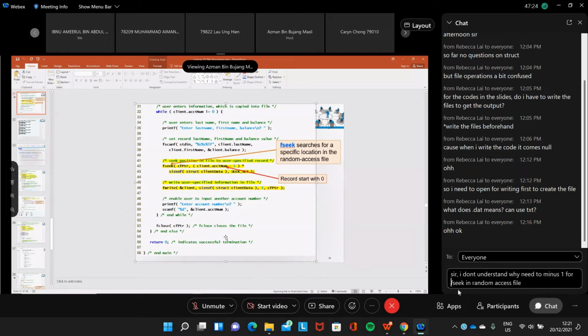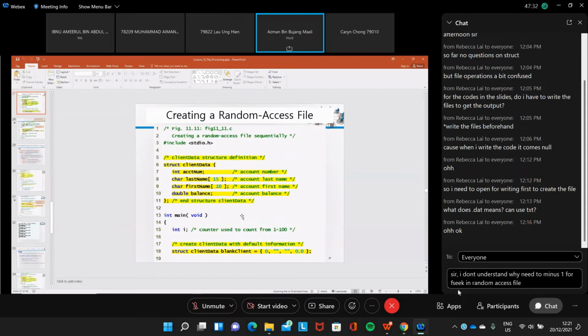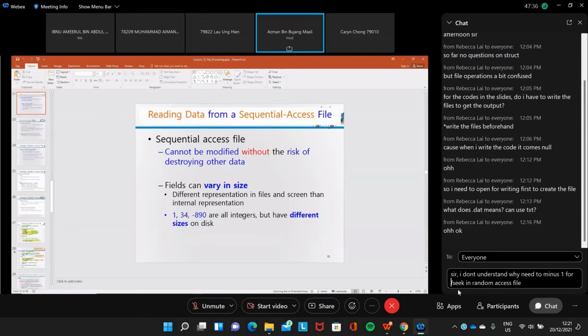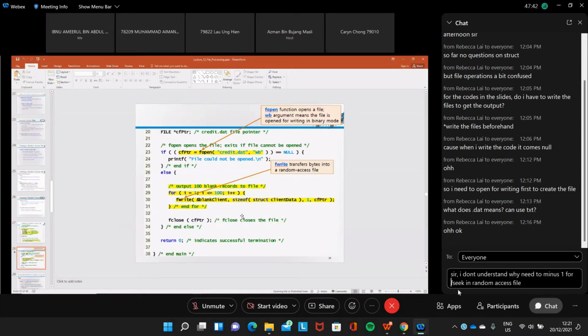So this one is actually for binary file. We open for reading a binary file, and then we have writing a binary file. Where is writing binary file? This one is writing for binary file.